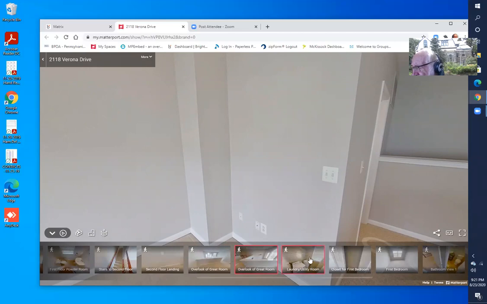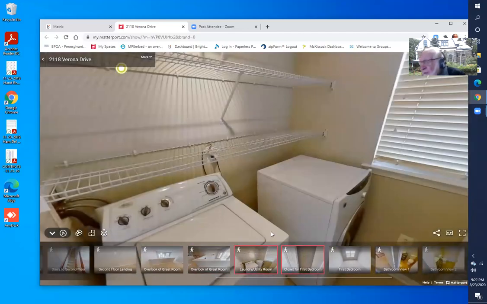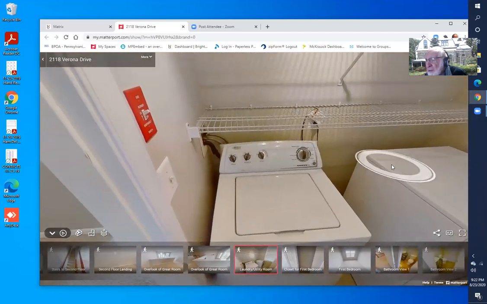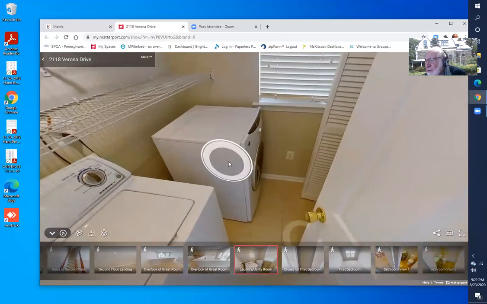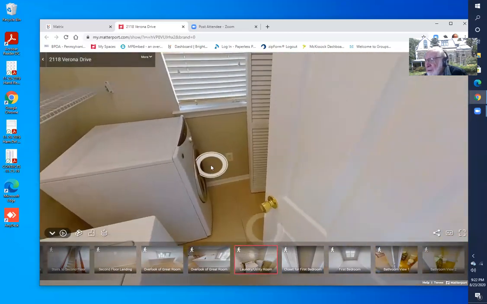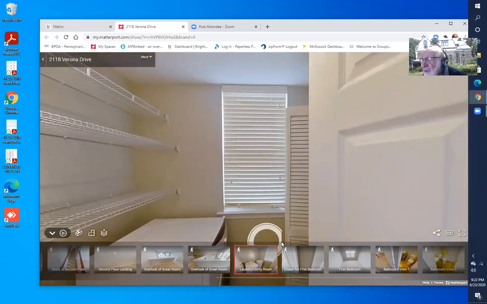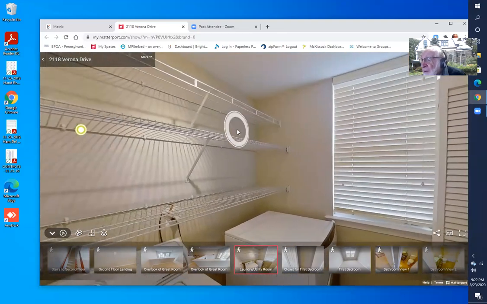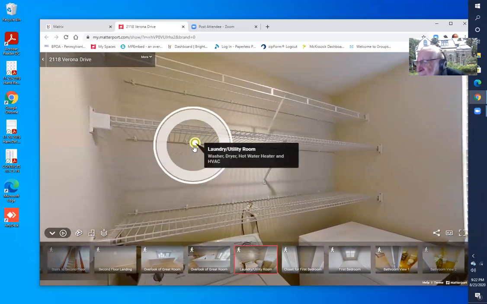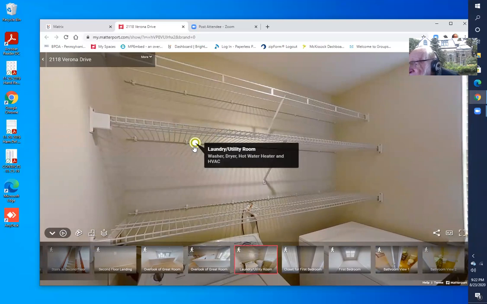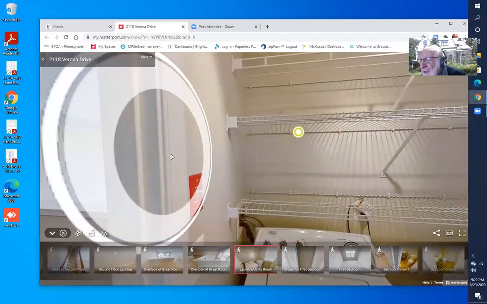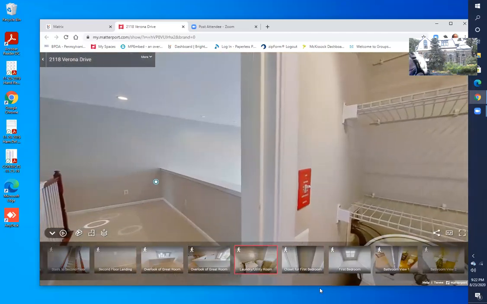Just next to that is a laundry utility room. So washer and dryer, and there's, let's see here. Washer, dryer, is also a hot water heater and HVAC equipment. Okay, and so next is a closet